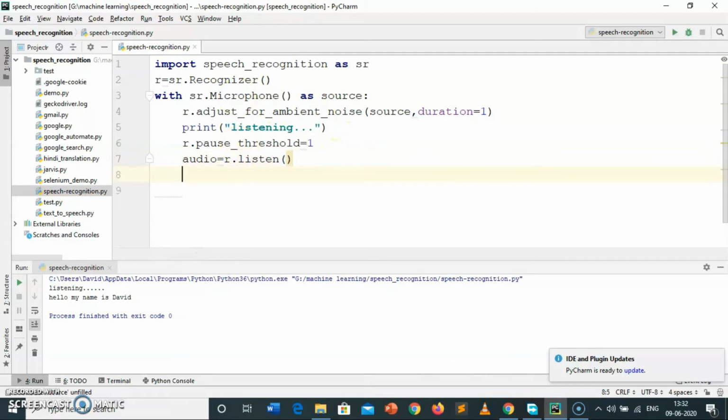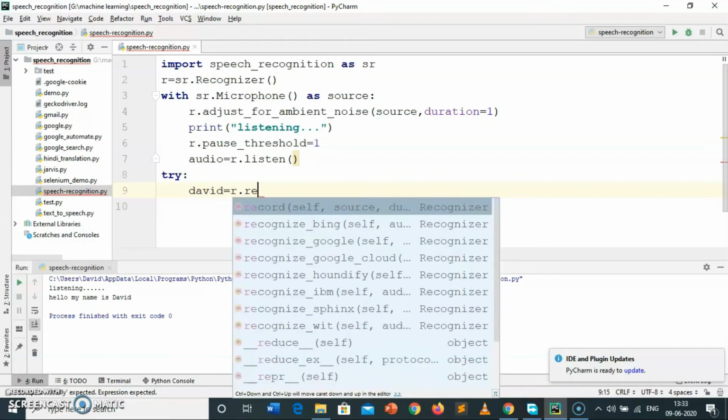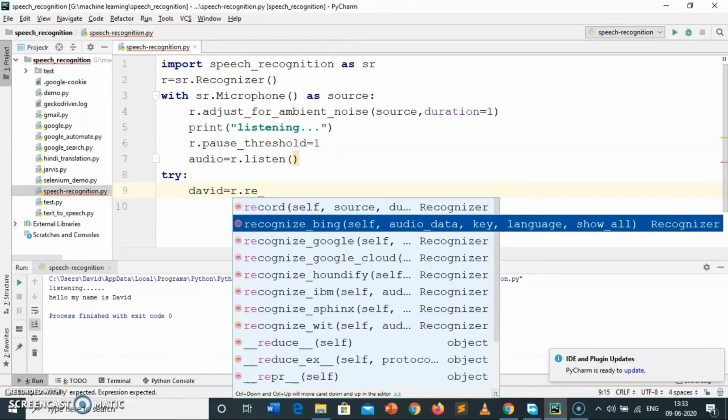Now we have to use try and except so that we can handle the exception. So let's try. Give any variable name. I am going to use David equal to r.recognize. Here you can see a list of the recognizers, that is recognize_bing, recognize_google, recognize_google_cloud.